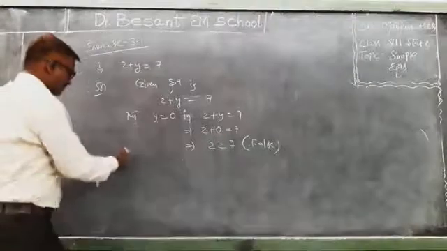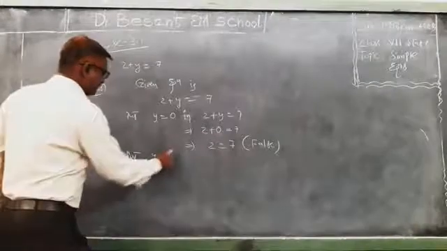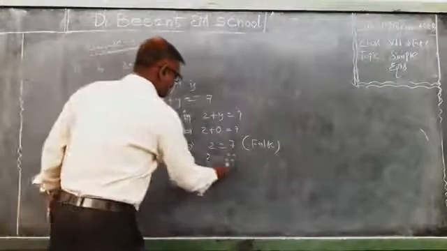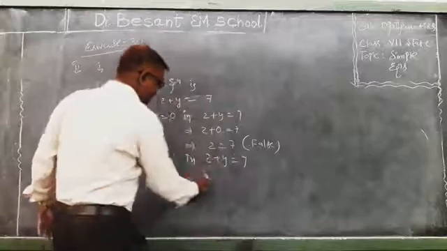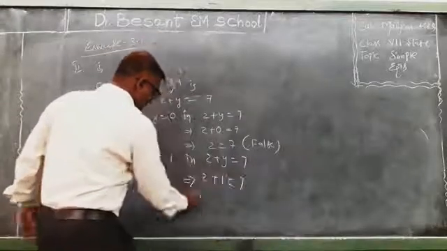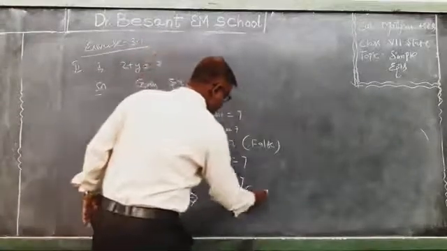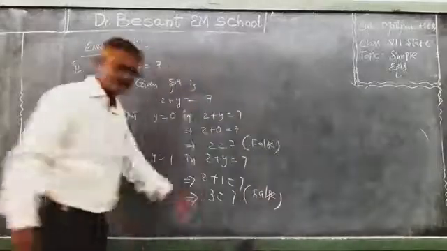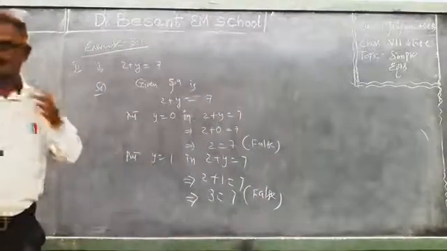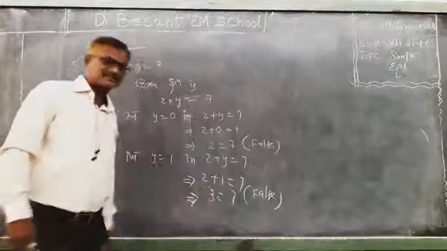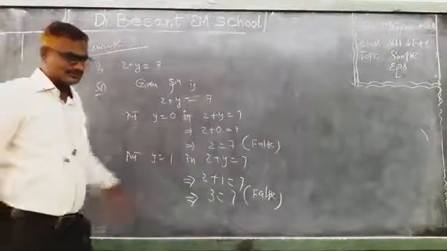After keeping y equal to 0 in the LHS, we got 2 equal to 7, which is false. Then go for y equal to 1. Put y equal to 1 in the equation 2 plus y is equal to 7. That implies 2 plus 1 is 3, equal to 7, which is also false. So we did not get LHS and RHS equal for y equal to 1.